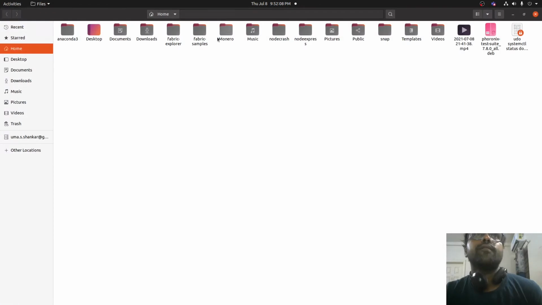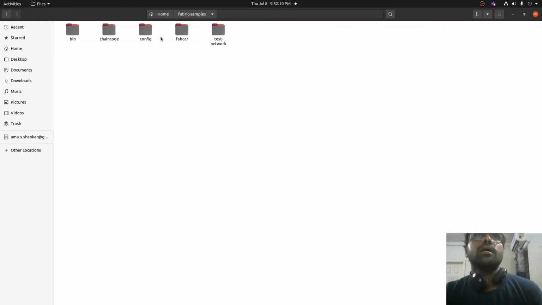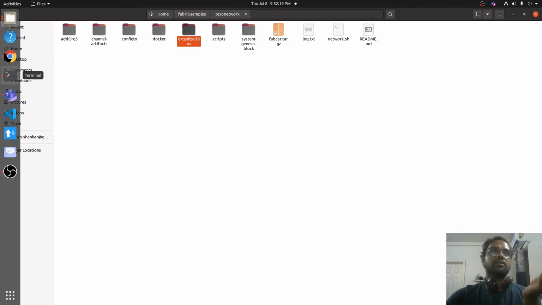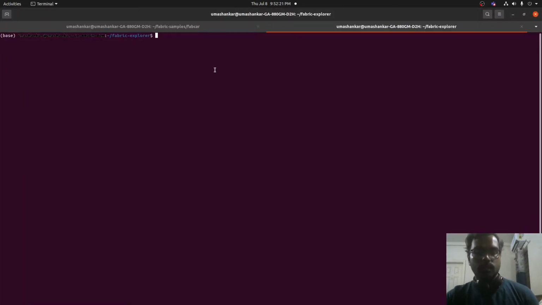Where will the organization folders be? If you look at it, go into the fabric samples. Under fabric samples, you will see test network. Under test network, you will see a folder called organizations. So we need to copy this to our Explorer folder. I'm going to run this command, sudo cp -r, which means recursively I'm copying, fabric samples, test network, organizations.